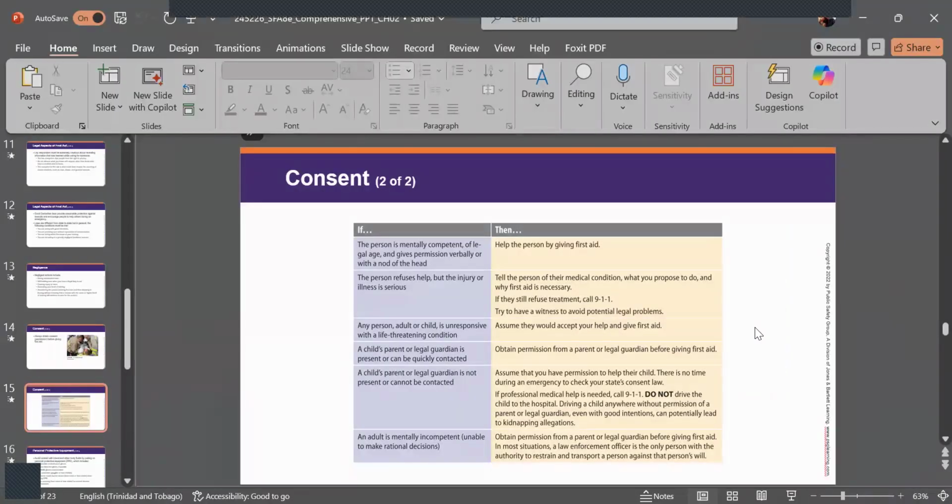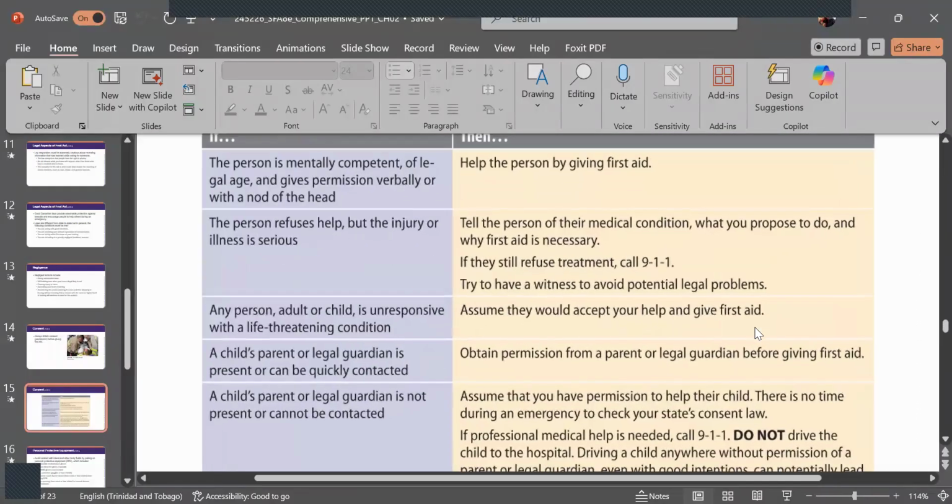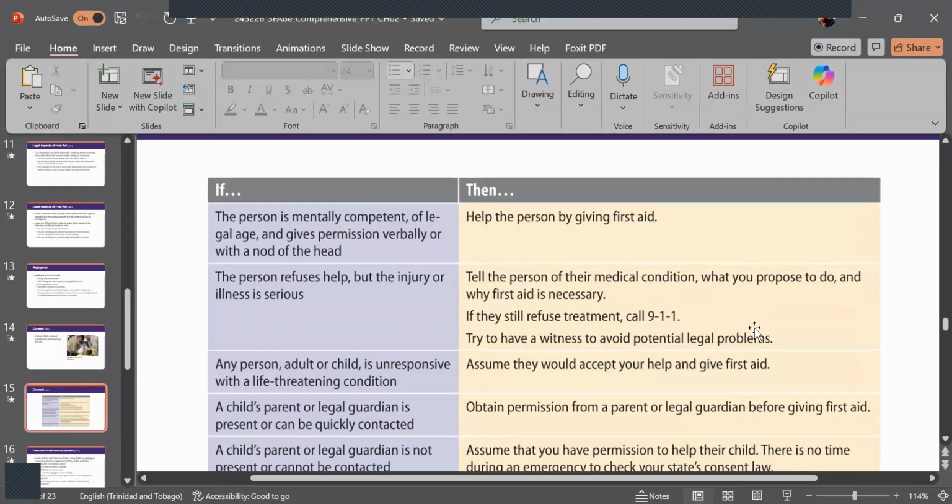So let's see what we have here. So if the person is,